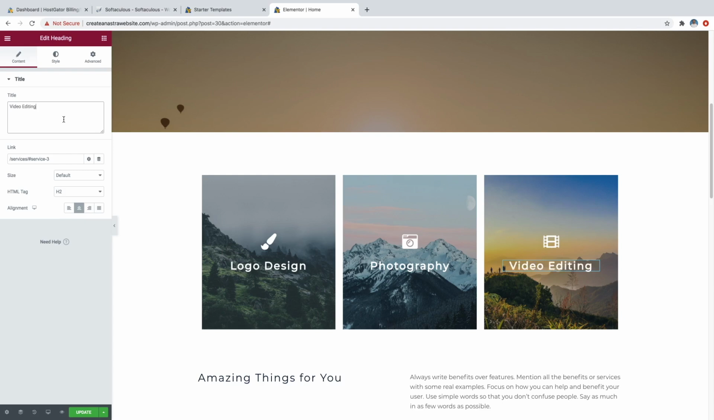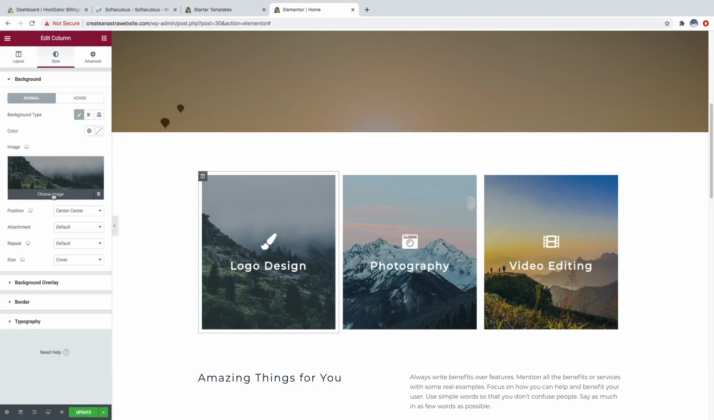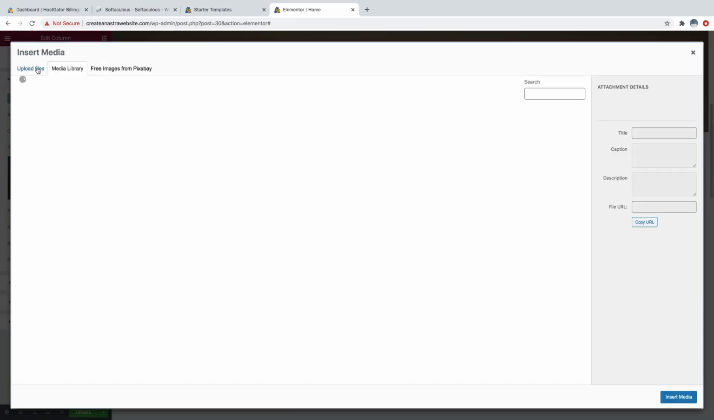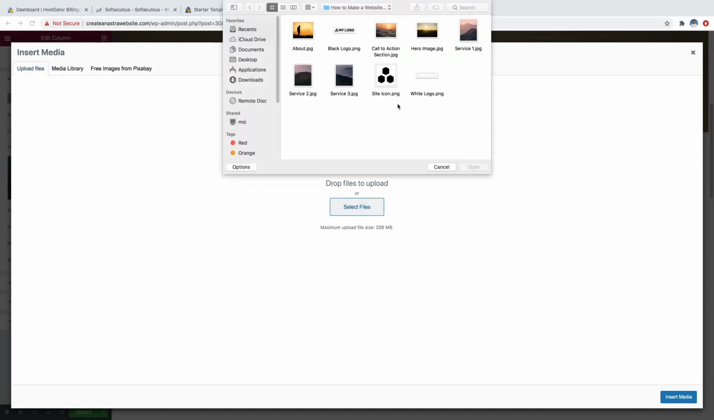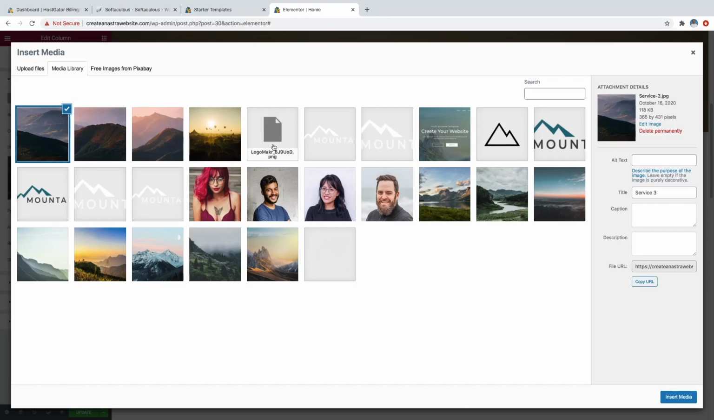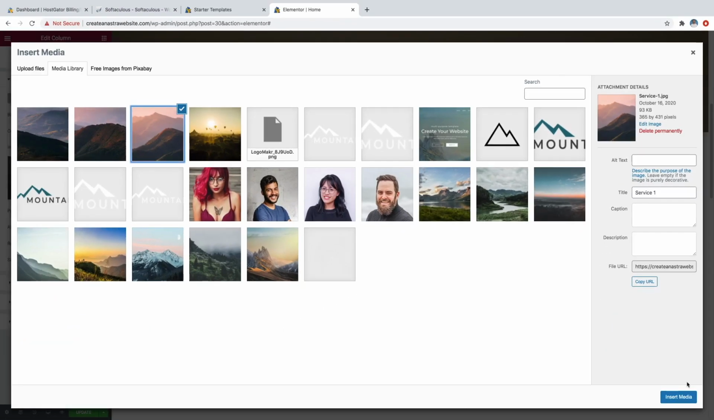like that. And we can also change our background here. So what I'm going to do is just click on the little column, and that's going to take me to the edit column section, and I'll just go over to style, and I'm just going to choose a new image. I'm going to go to upload files, and then select files, and I'm just going to grab service 1 through 3 and click on open. And I'm just going to grab the first one, which says service 1, and you can see the pixel size right here in case you want to make your own. And I'm going to click on insert media,